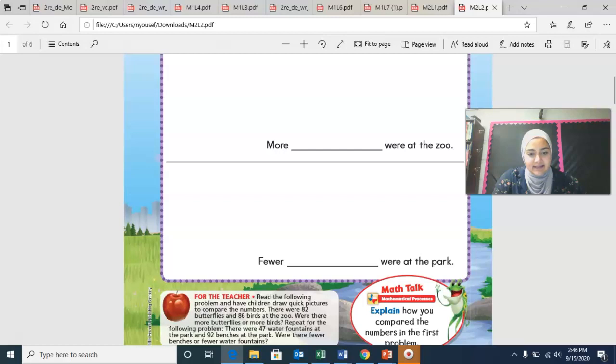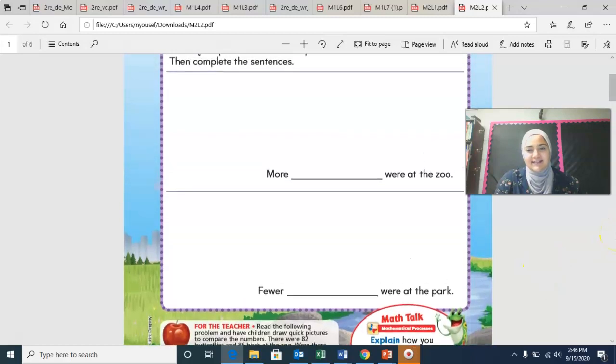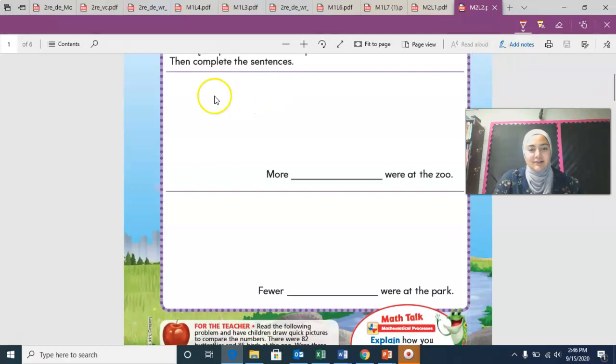It says there are 82 butterflies and 86 birds at the zoo. Were there more butterflies or more birds? Okay, so there were 82 butterflies and 86 birds. So we're going to write that down. There were 82 butterflies